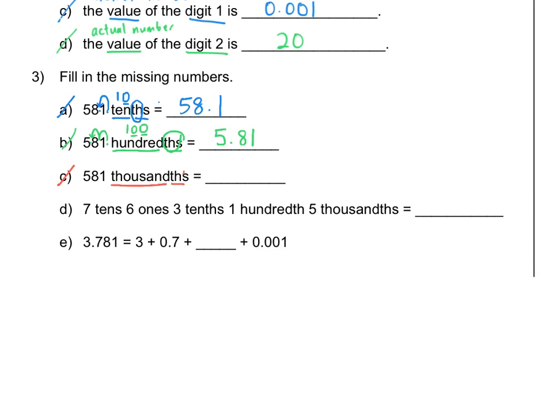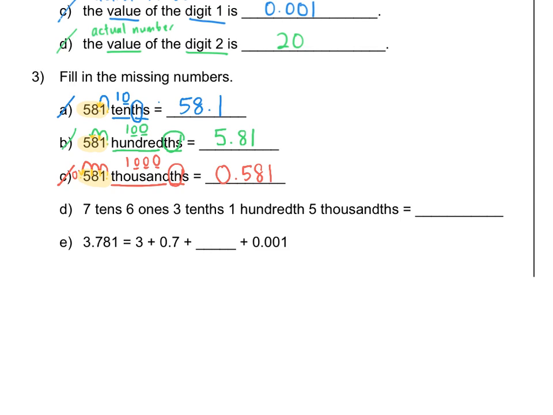Thousandths. Same thing, you see this TH, it means there must be a decimal point in the answer. And in a thousand, how many zeros do you see? There are 3 zeros. So the decimal point, you have to move it forward by how many decimal places? 1, 2, 3, dot. So your answer for part C has to be 0.581. So notice that for part A, B, and C, even though the question looked very similar, it's 581, 581,